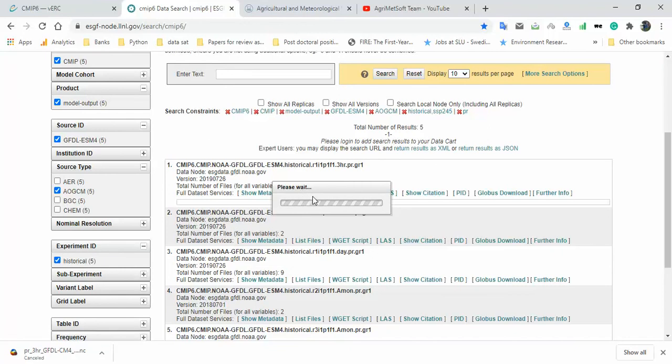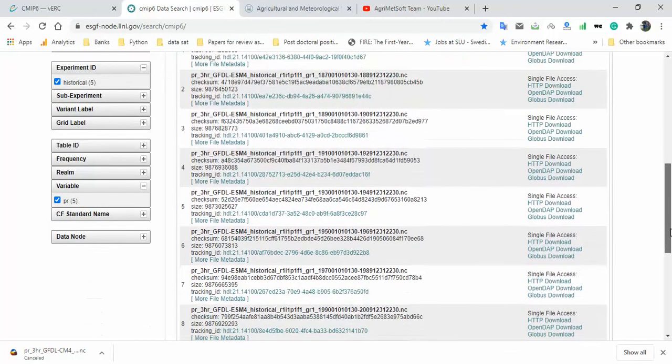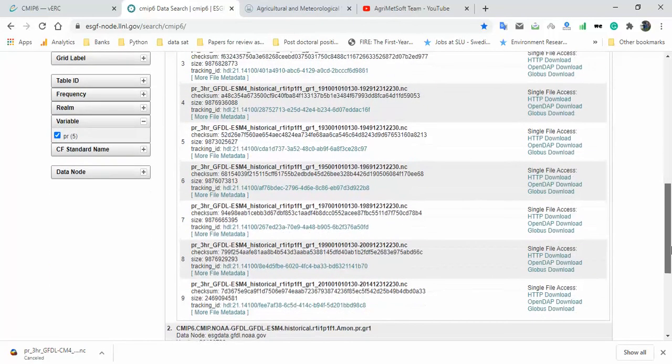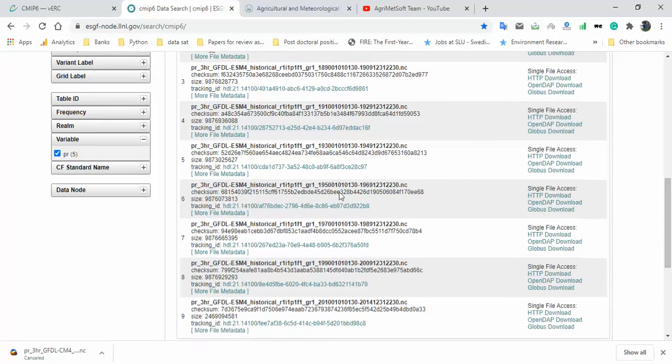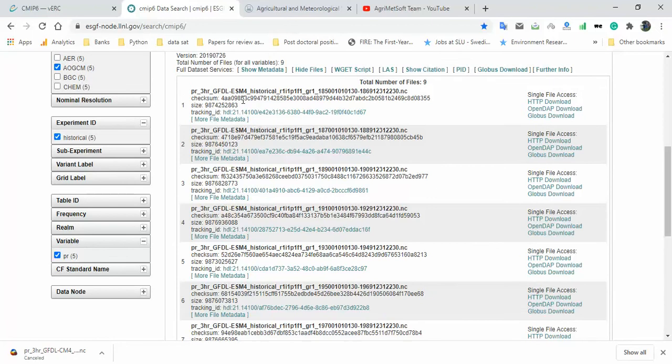With list files, you can see how many files this model has with these characteristics. I can see, wow, these criteria give me 9 files, and if I want to use this model, I should download all of them, and after that merge them,